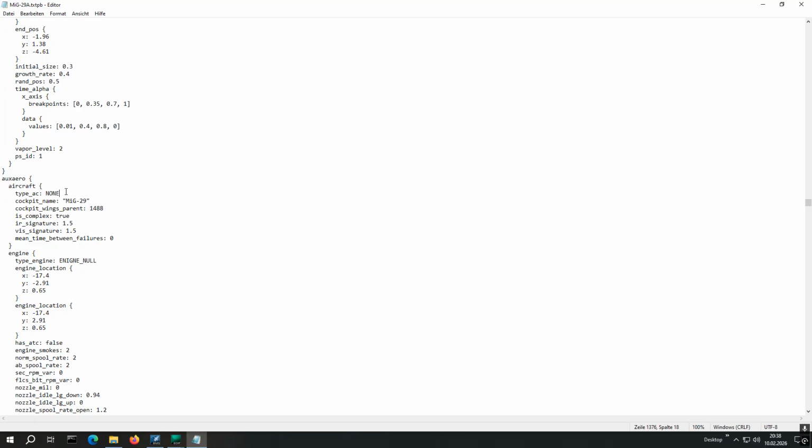The principal purpose of this value is to enable specific hard-coded system functionalities if they are available. If not, most aircraft are simply using the F-16 here. And if you want to check out, simply check out other aircraft proto files to determine, okay, what type AC are they using. You can also define the cockpit name here, and cockpit wings parent refer to part 8.0 of